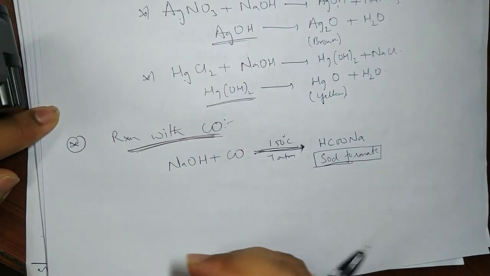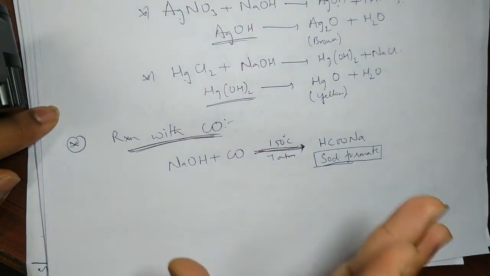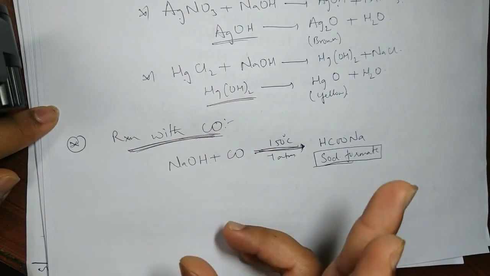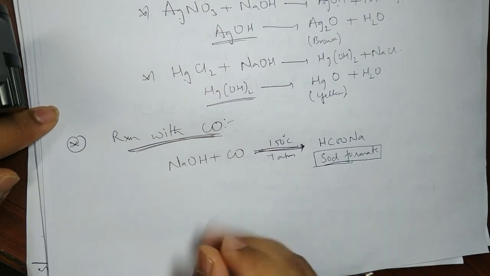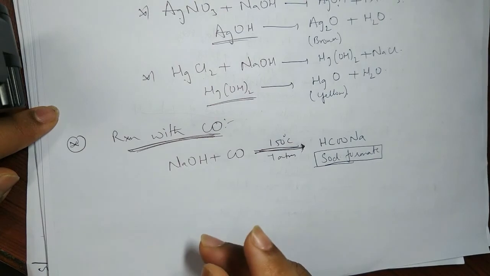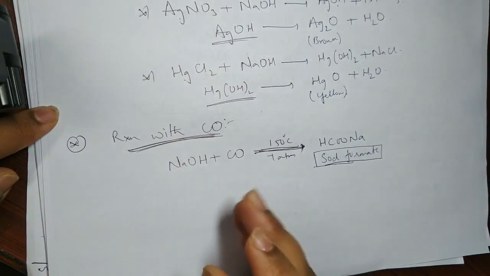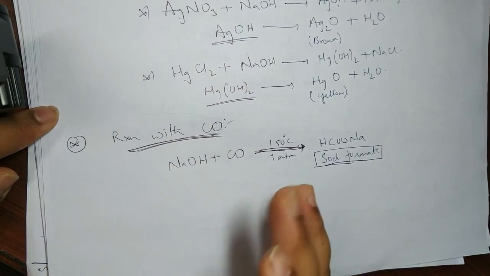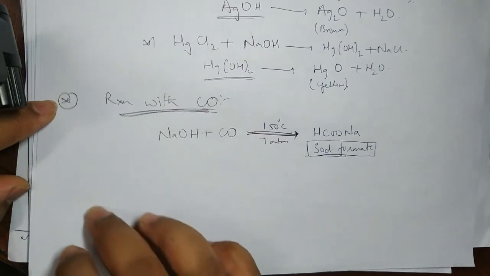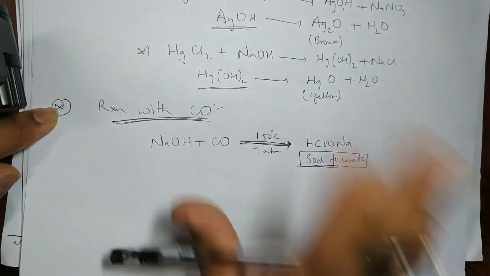There is also a reaction with ammonium salts. We see double displacement and ammonia gas is released. The salt forms, water forms, plus ammonia gas is released. If you use NH4Cl, it forms NaCl plus water and NH3, and if you use ammonium carbonate, we get sodium carbonate plus water plus ammonia released. Okay, so that reaction is there, and with this the reaction part, that is properties, is done.